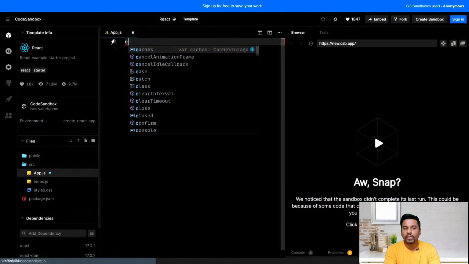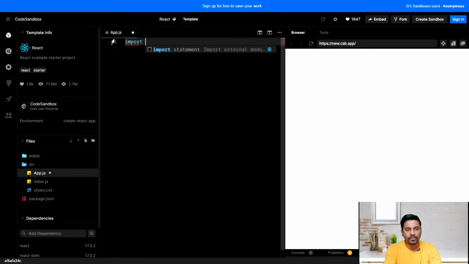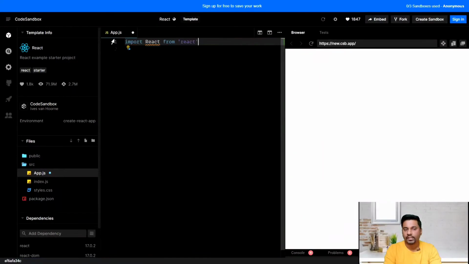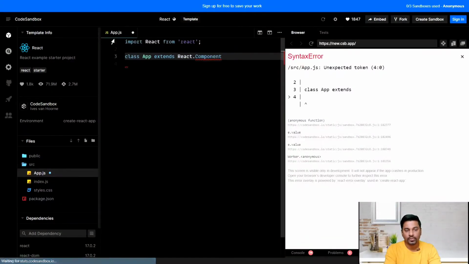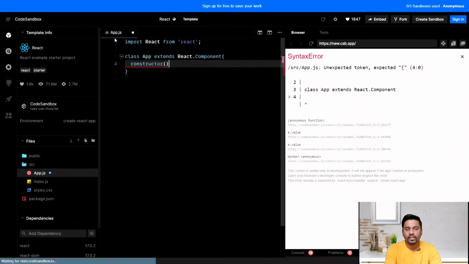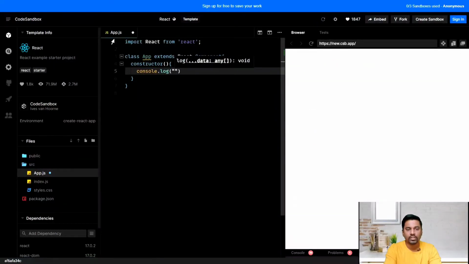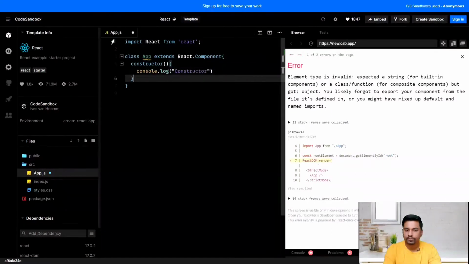Coming back to our original one, I'll probably remove this, and I'll add import React from React. Simple. We are seeing lifecycle hooks, so they are basically in your class-based components. So class App extends React.Component. We have the constructor, the first method of the mounting phase, and I'll just add a console.log constructor, correct?